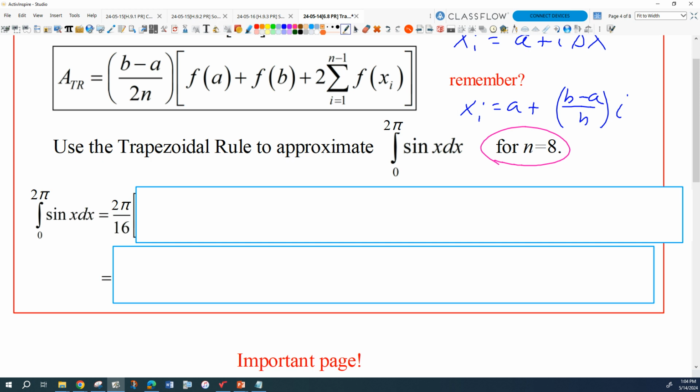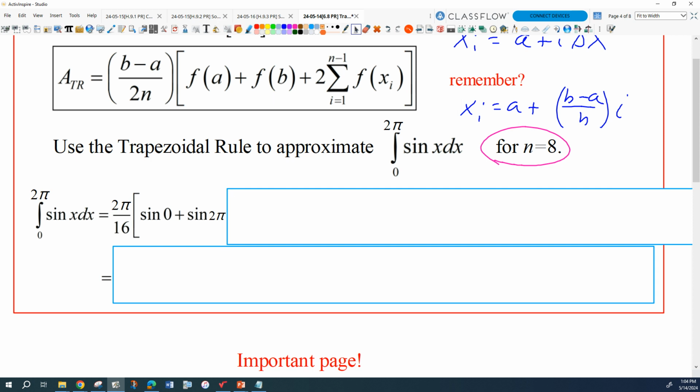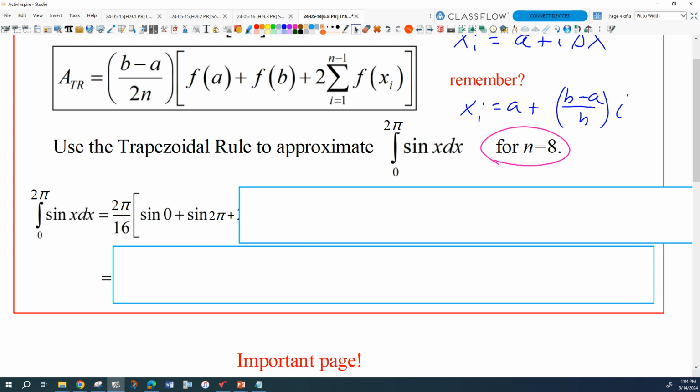What's f of a? Well, it's not 0. What's f of a? A is 0, so I'm evaluating the function at 0. Oh, but you guys, okay, so sine 0 is 0. You're right. Yeah, okay, it's sine 0, isn't it? Yeah, I see what you're saying. You're right. Sine 0, which is 0, plus sine 2 pi, which is also 0 in this case, right? Plus 2 times what? The sum of,